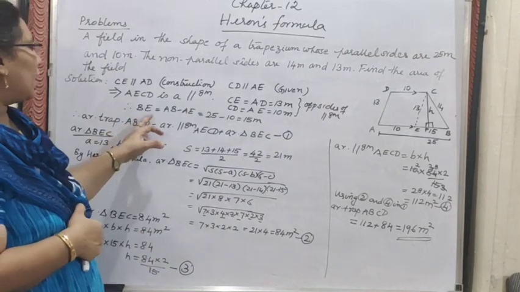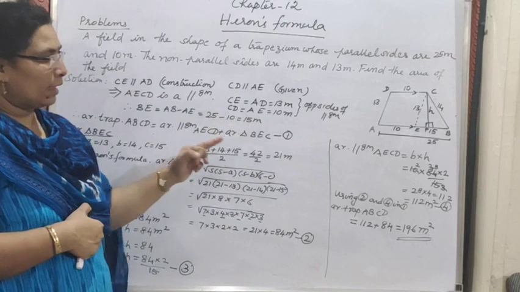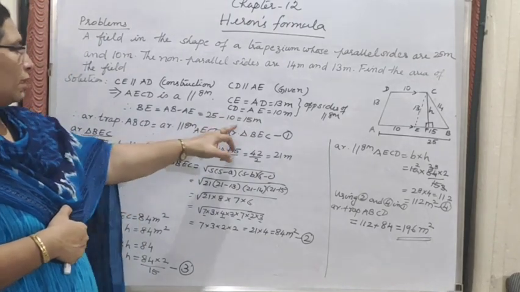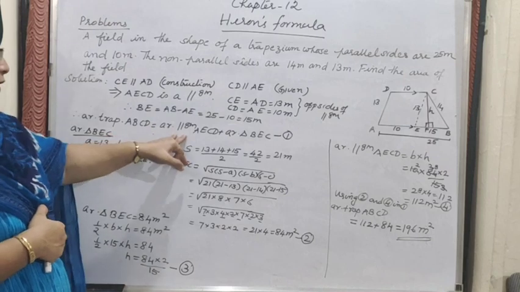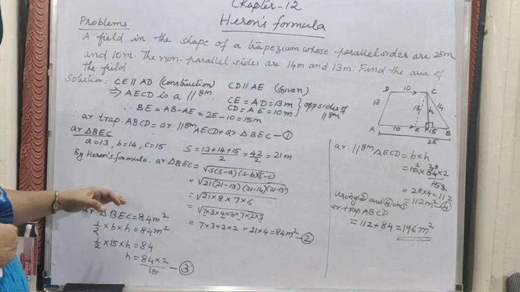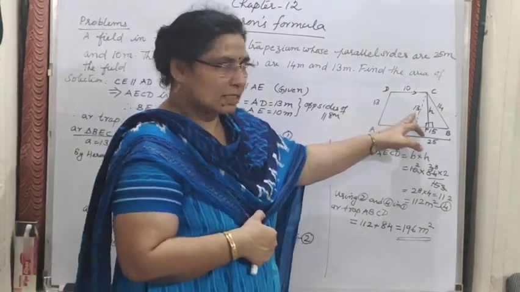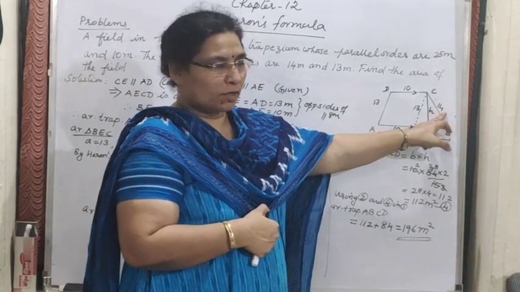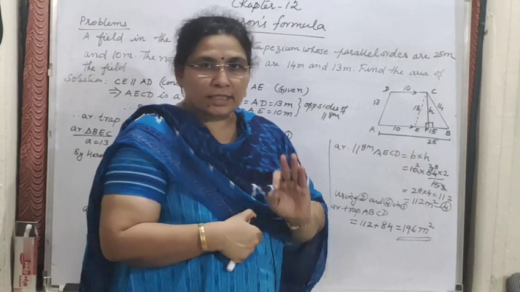Got? Now we are writing the remaining part B. So 25 is the total length, from that 10 is deducted, so the remaining side equals 15. Now trapezium ABCD we have divided into a parallelogram as well as a triangle, so we have to calculate the areas only. Now you see the diagram, it will be easy for you. If it is 13, this is 13. It is given in the question 14 and here we have calculated 15. So we got all the three sides.